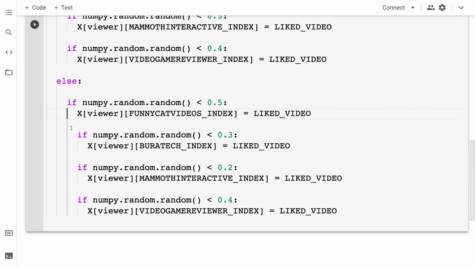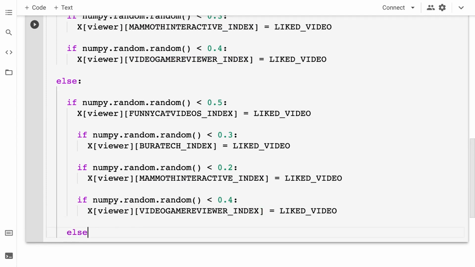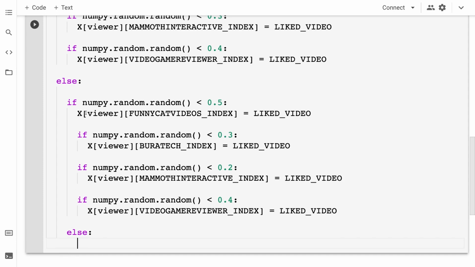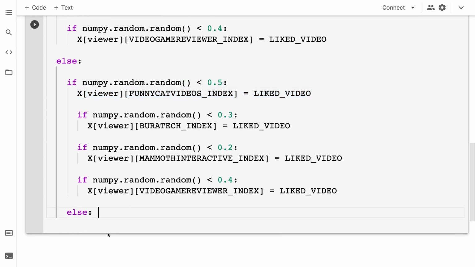Then we can make another else statement for that nested if statement. So that means if the viewer did not like funny cat videos, and there's a 50% chance of that. Note that we're still inside of the greater else statement, that they don't like investing as well. So we're going deeper into the nest.